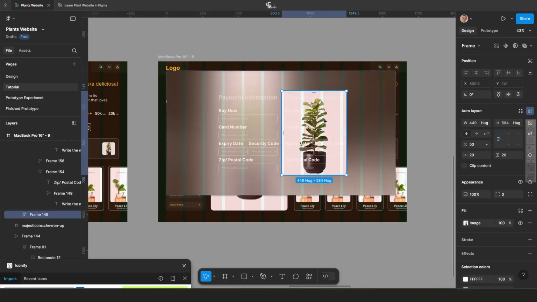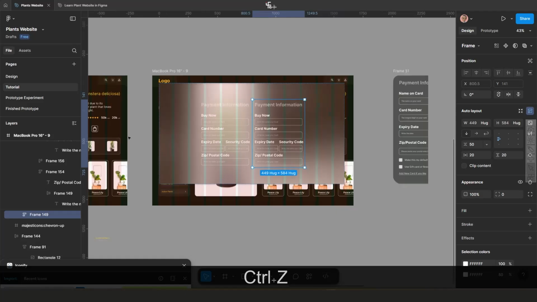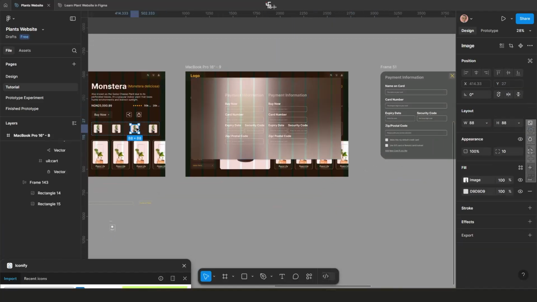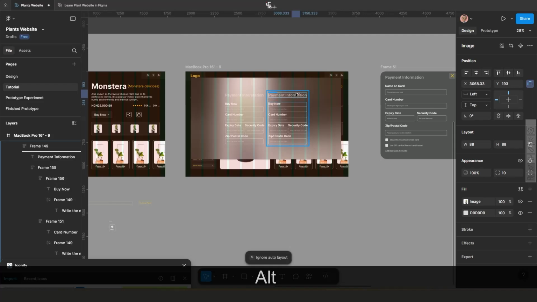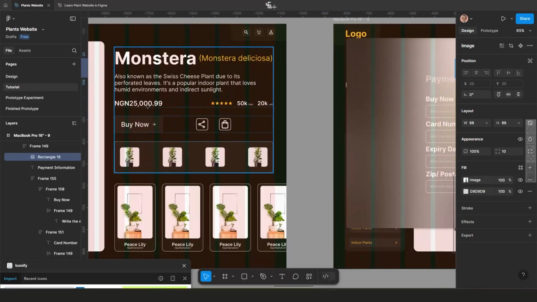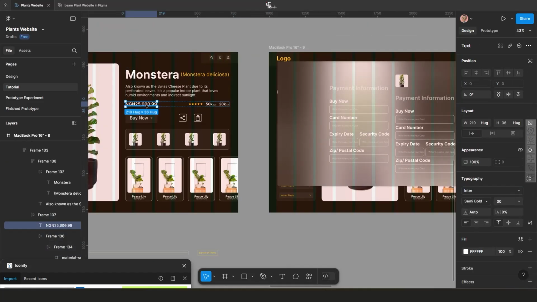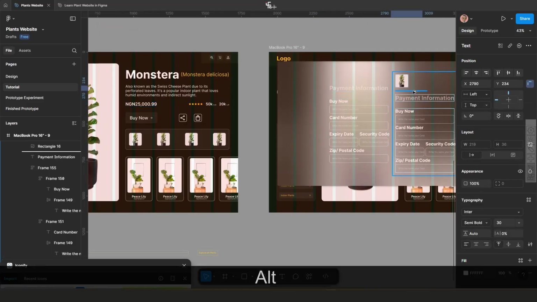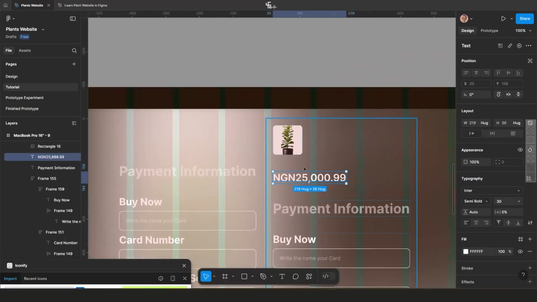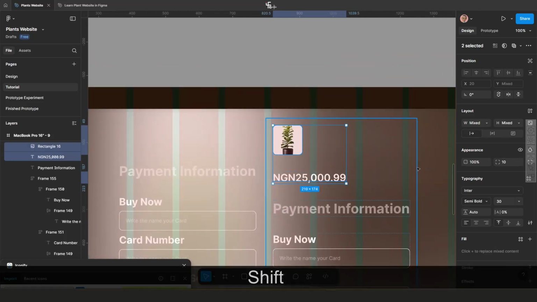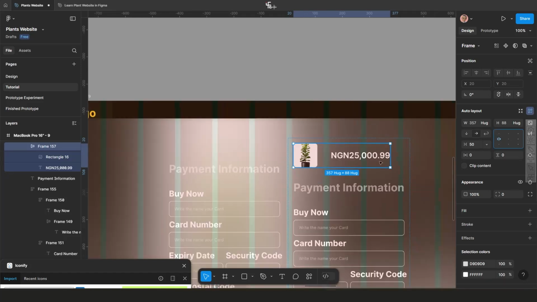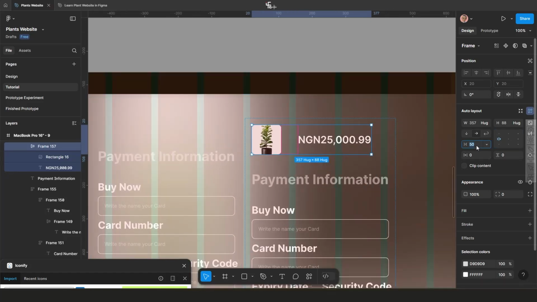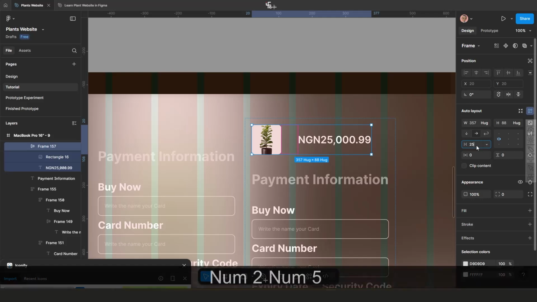I think I don't like the way it came. Maybe I'll just double click and drag it like this, somewhere at the top there. Yeah, and for the pricing, I'll double click and then set this like this. So what I will do is to select these two, Shift A, and add it to the layout, something like this. So I think I'm going to make this 25,